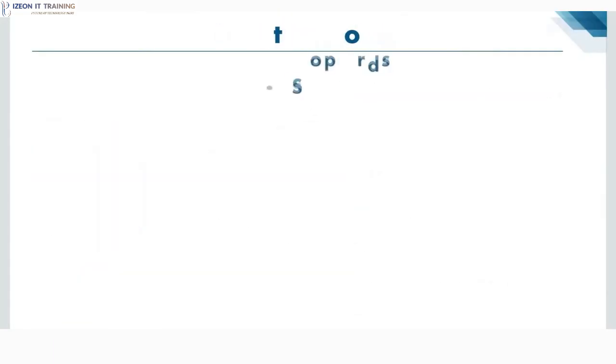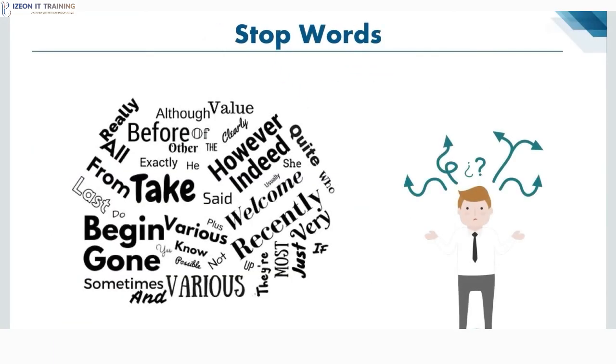Now, do you know that there are several words in the English language such as I, ate, for, above, below, which are very useful in the formation of a sentence, and without them, the sentence won't make any sense. But these words do not provide any help in natural language processing. This list of words is also known as stop words.